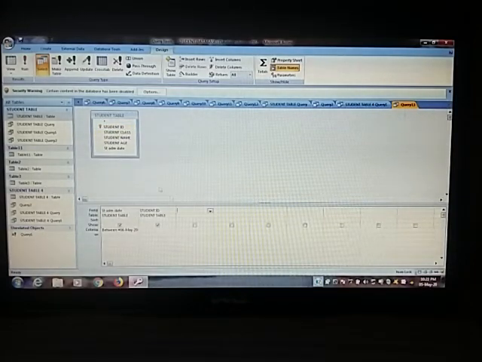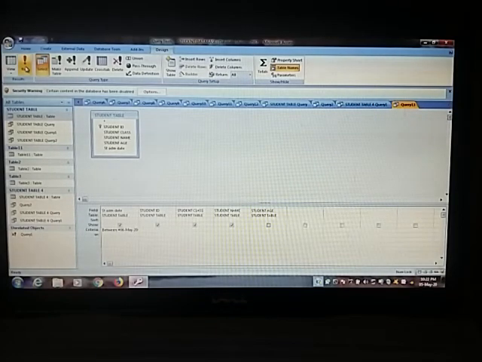Suppose we don't want to show the age, then remove the check mark. That means we only show the student admission date, student ID, student class and student name.